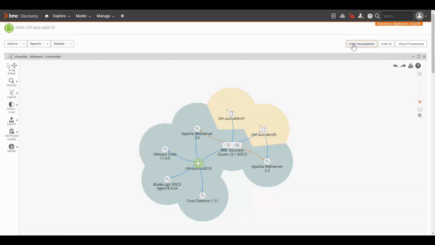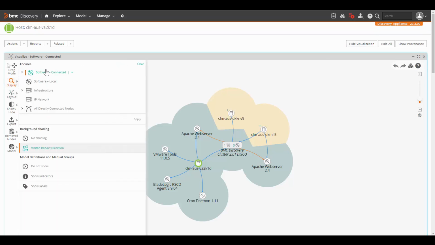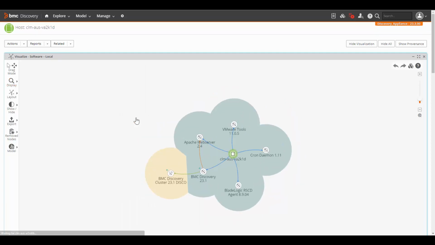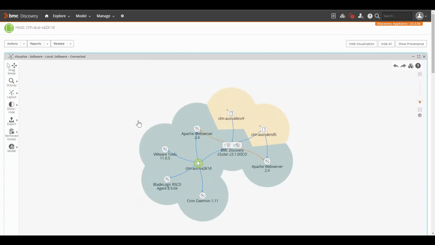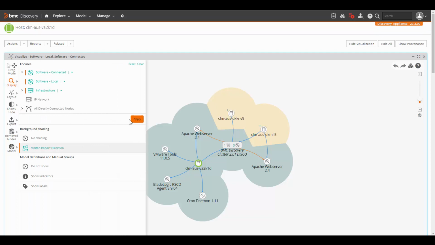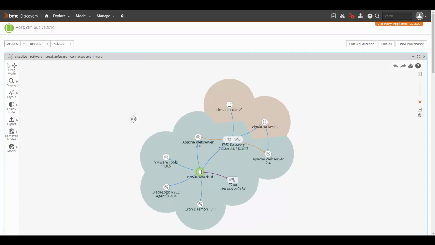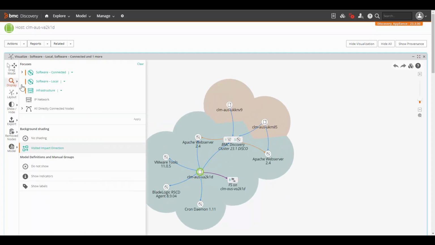Now let's open one host and click on Visualize and Model. Here you can see the introduction of more focuses. In addition to software connected, you can now select software local, which will focus on the software and communication between items of software local to the host. Infrastructure will focus on the connectivity to a network and the storage components. IP network will focus on the IP networking,